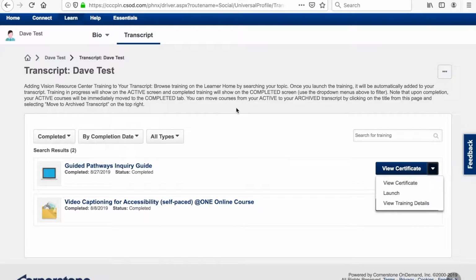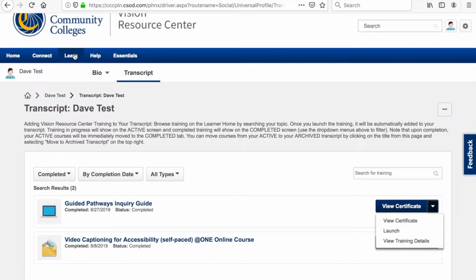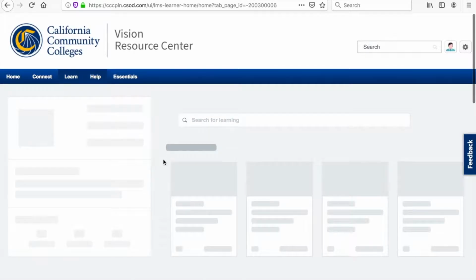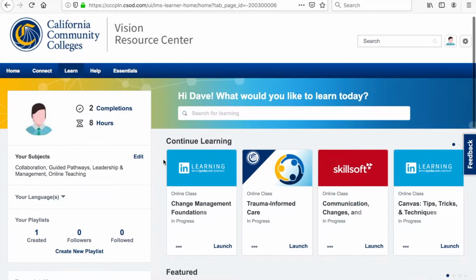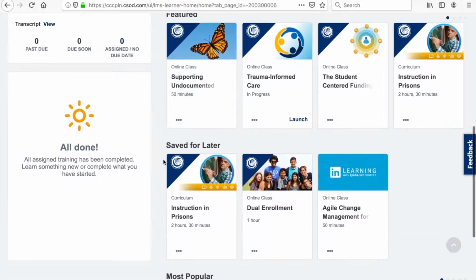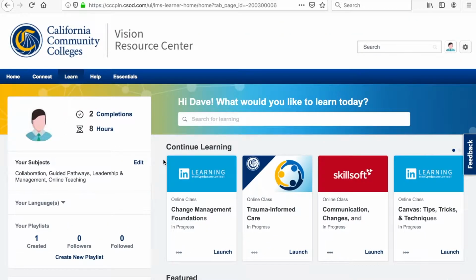But before you can add learning to your transcript, you need to know how to find modules you're looking for. To search for learning, go to the Learn menu and navigate to Learner Home. Here on Learner Home, you will find recommended learning based on featured and popular content. You can search with keywords through the entire learning catalog here. Type in your search phrase,